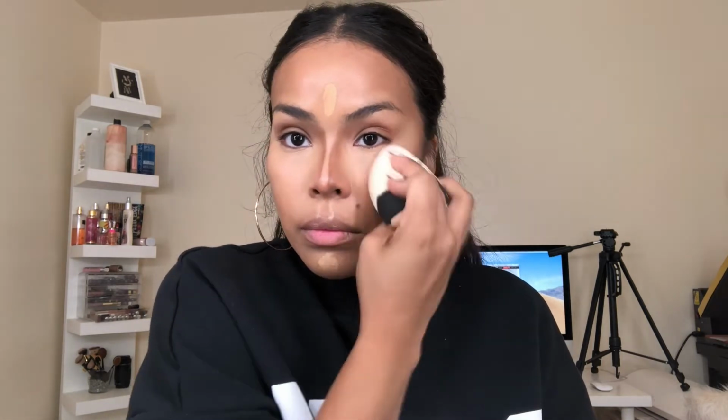Point right here, I'm not gonna put any between my nose just because what I put under my eye is enough to blend that contour on my nose down. Spread it around like my eyebrows, and then that's when I go down and start shading in the contour on my nose. I do add powder, so I just like to go back under the eye to remove all the creases. The one I'm really obsessed with right now is the Powder Room from Pretty Vulgar. I'm gonna be adding this